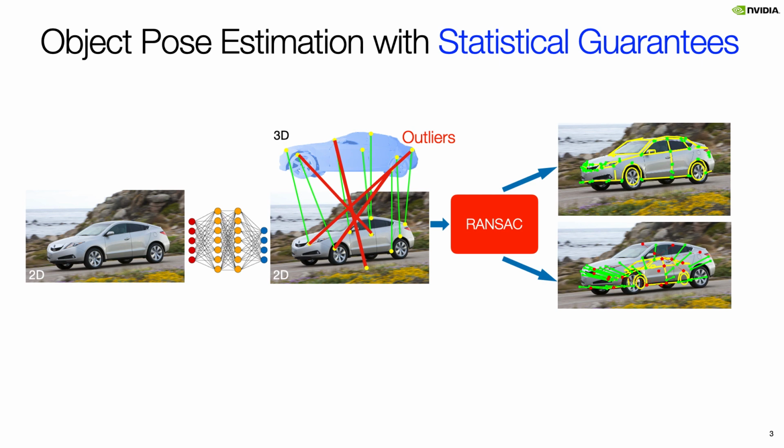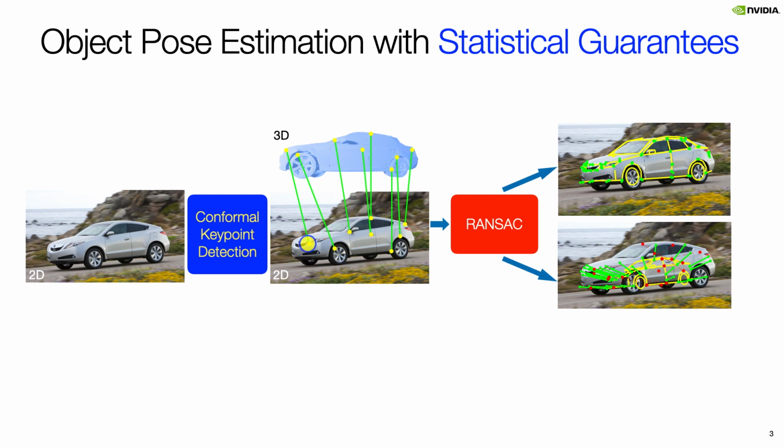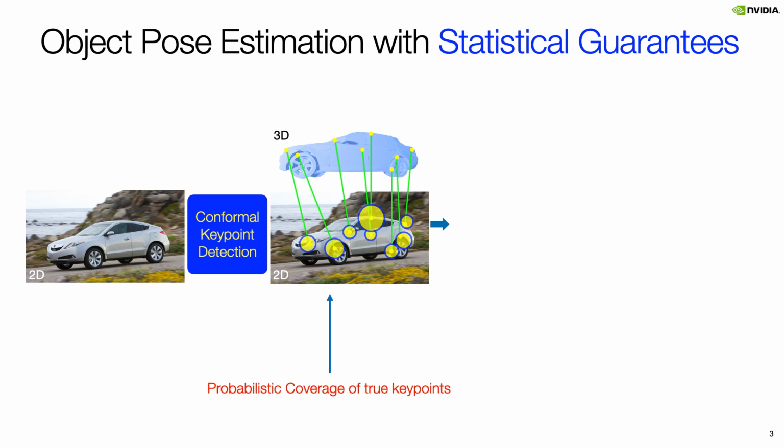In the first stage, we designed what we call the conformal keypoint detection approach, where instead of outputting single point estimations for each of the keypoints, we output a set estimation for a single keypoint, shown as this 2D yellow ball in this image. We draw one ball for each keypoint, and with this set of 2D balls, what we can guarantee is that they cover the ground truth keypoints with